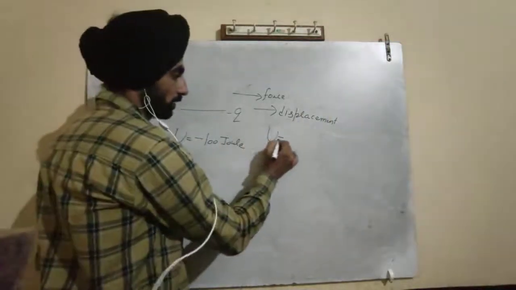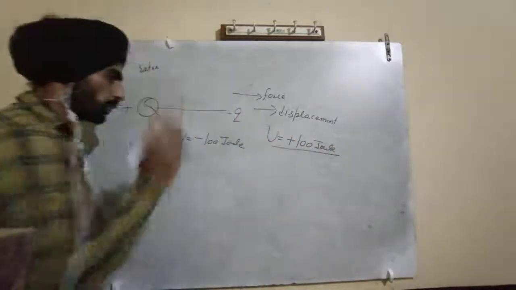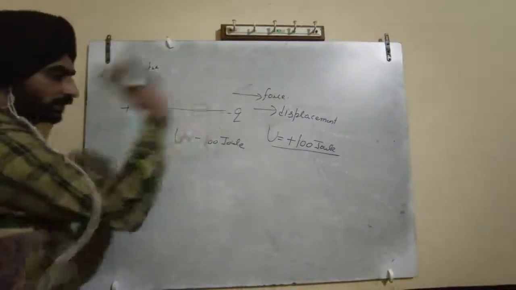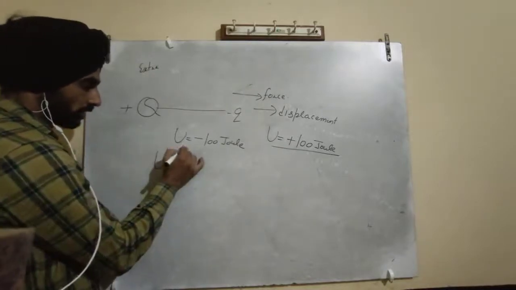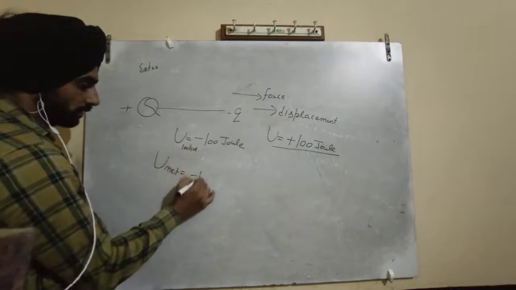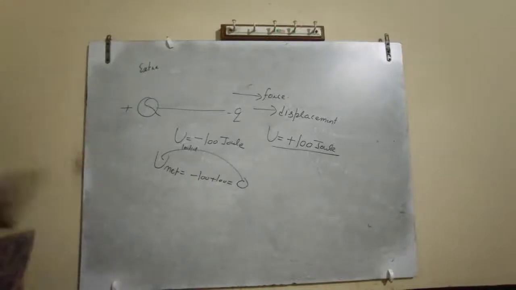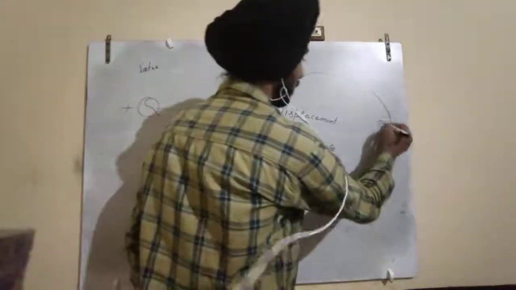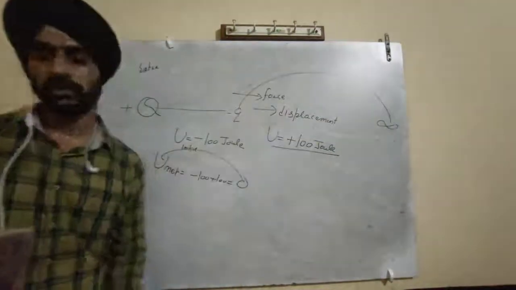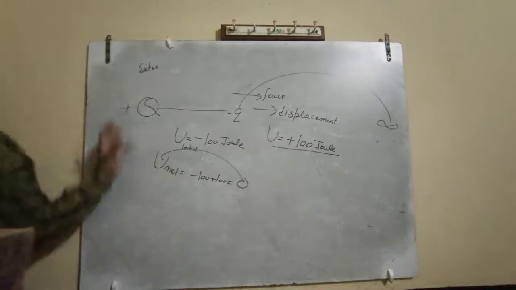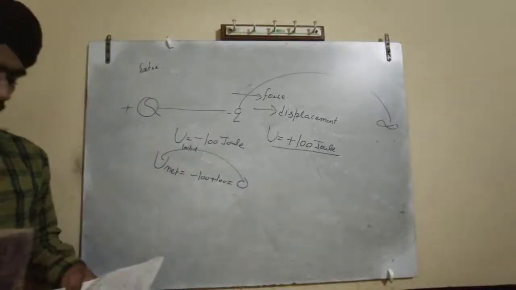सपोज यू हैव डन अ वर्क ऑफ 100 जाउल और 100 जाउल एनर्जी स्टोर होगी. टोटल एनर्जी पहले -100 थी, अब आपने 100 का वर्क डन प्लस का कर दिया, तो टोटल एनर्जी कितनी हो गई, यू नेट. ये इनिशियल है, ये फाइनल है, -100 + 100, तो इट इज 0. तो पोटेंशियल एनर्जी 0 कब होती है, जब दोनों की दूरी इन्फिनिटी हो. तो इसका मतलब -Q कहाँ पहुँच जाएगा, इन्फिनिटी पे पहुँच जाएगा. इफ़ यू विल डू अ वर्क इक्वल टू एनर्जी ना, इट विल गो टू इन्फिनिटी. तो सो फिर इन दोनों के बीच में दूरी कितनी हो जाएगी, इन्फिनिटी पार्ट हो जाएगी अगर इतना वर्क हो रहा है. सो दिस इज इंपॉर्टेंट कंसेप्ट है, कंसेप्चुअल क्वेश्चन है, इसको याद रखना.